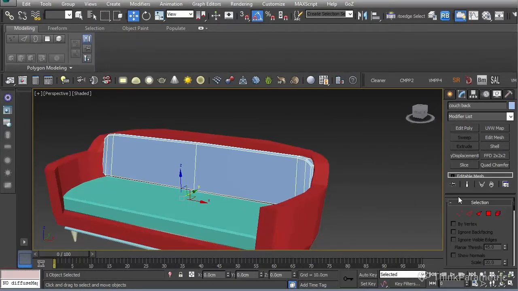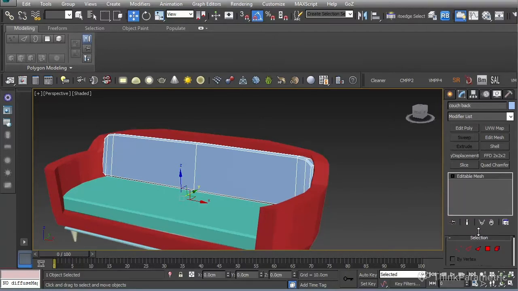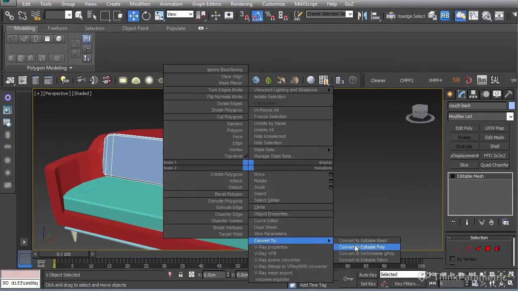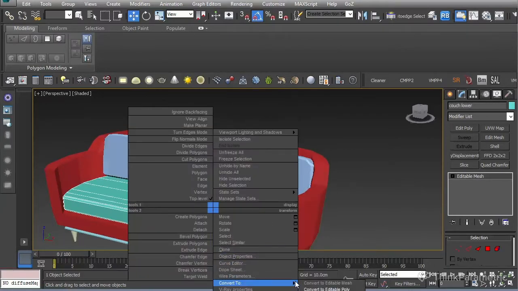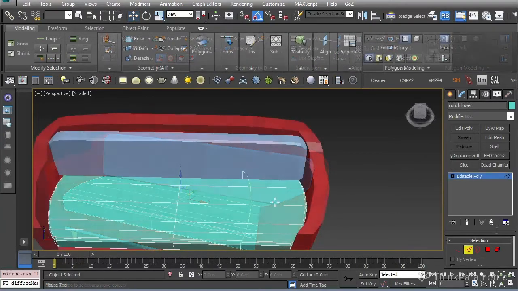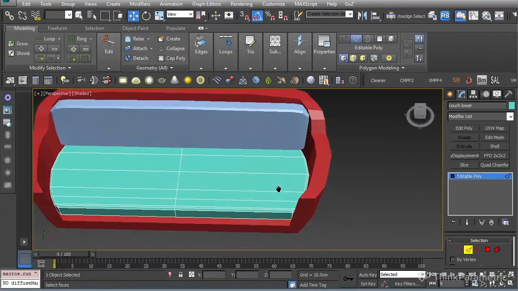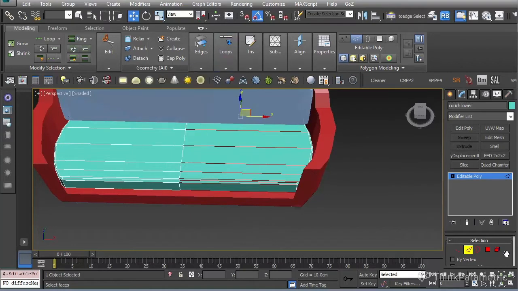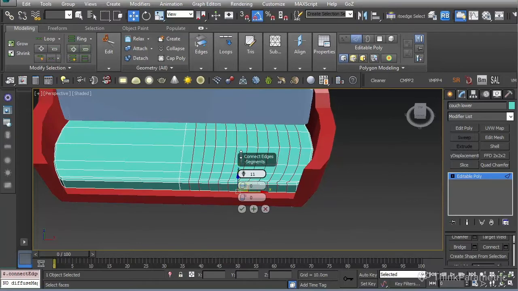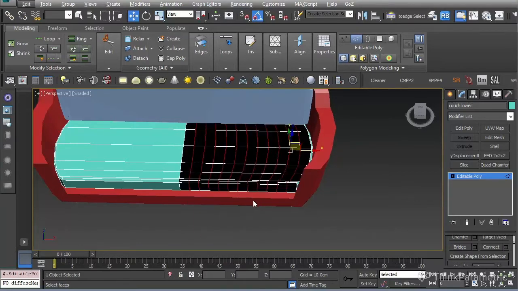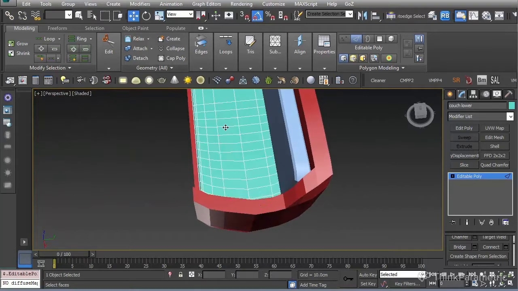This one, okay, so we need to change this mesh to a poly as well. If we select these ones and press connect, yes, like this. One more time, press connect.